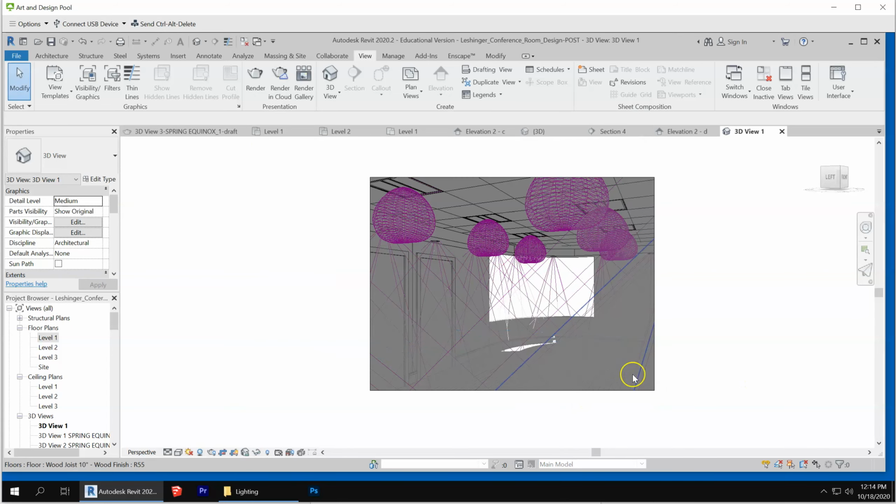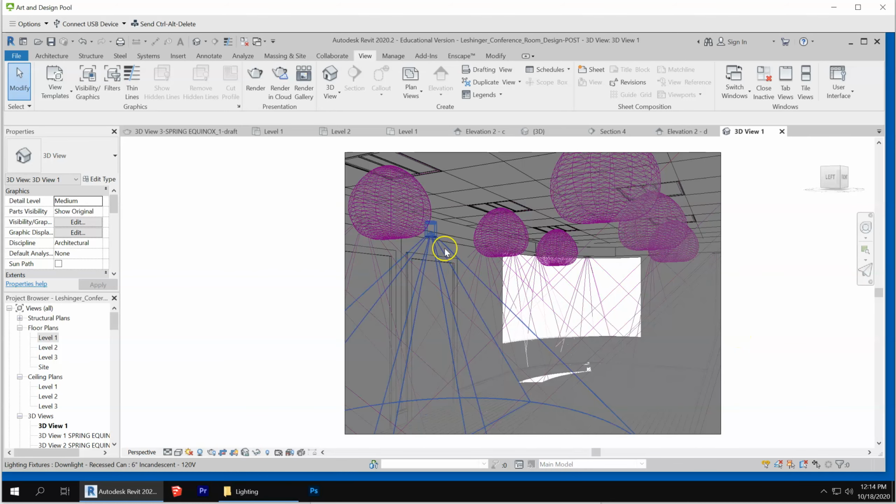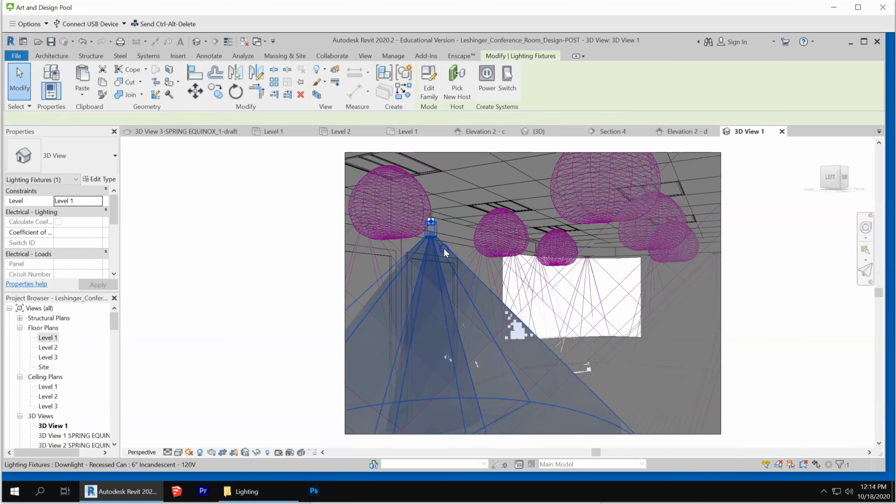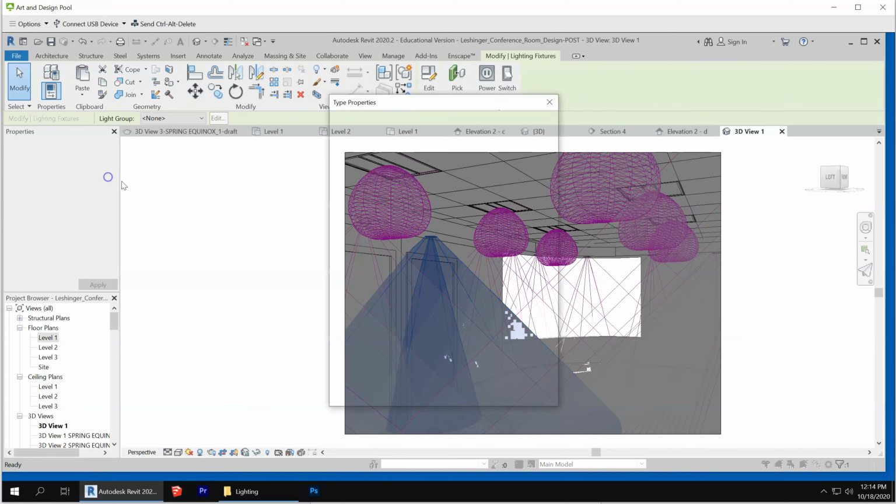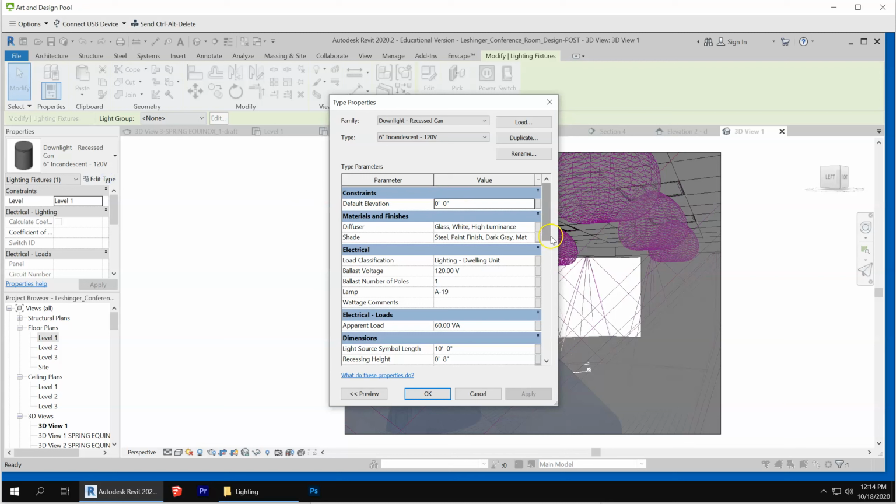Okay, so that's what we got for lights. Now there appears to be a lot of overlap, right? Because the spread for that light is fairly wide. If I go into the type,